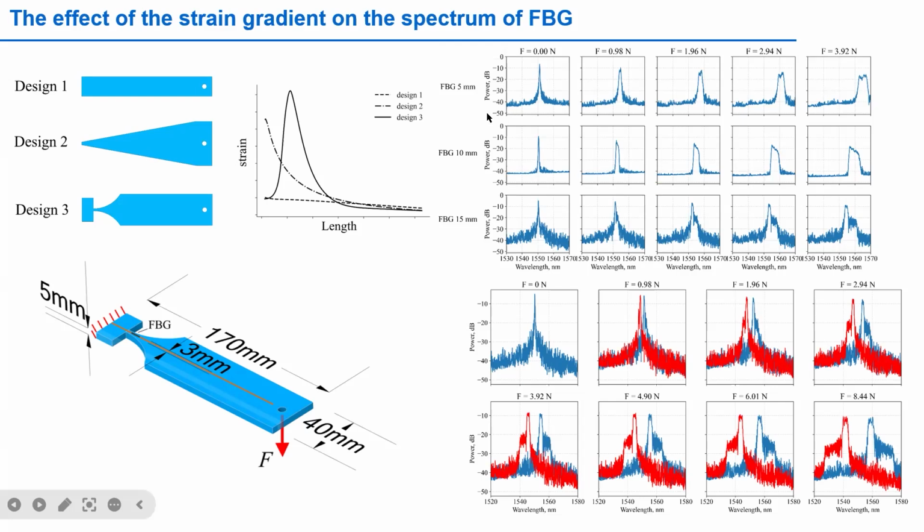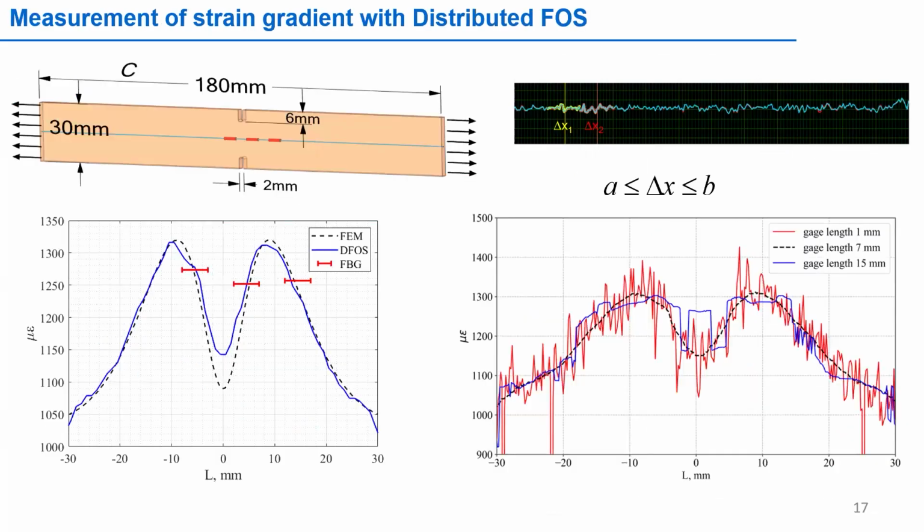It is shown that applying different loads, or different strain gradients, influences the width of the reflected spectrum. It becomes wider and wider. And this means that there can be a huge strain measurement uncertainty, on the order of tens or even hundreds of microstrain. And for distributed fiber optic sensors, again, the so-called gauge length